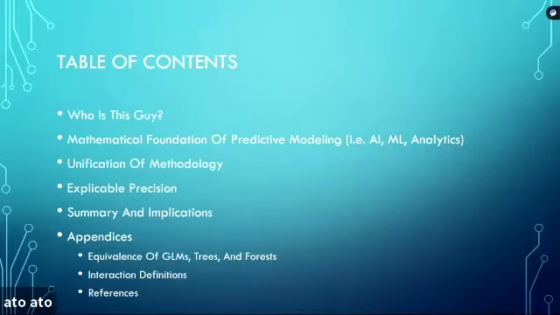So let's get into the mathematical foundation of predictive modeling. This is how I typically see predictive modeling or data science put together. People say things like, data science lies at the intersection of technology, mathematics, and computer science. You've got a little bit of statistics in there, a little bit of programming, you've got to figure out how you're going to implement the math, and then what's your technology stack going to be? You're going to do this in Windows, in Linux, who the heck knows? It's this hybrid discipline, is often how it's presented.